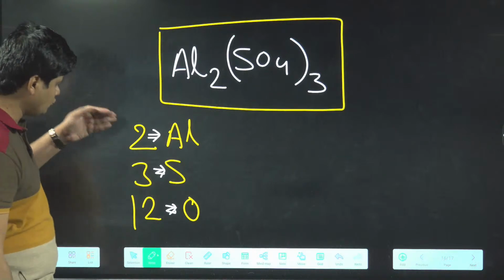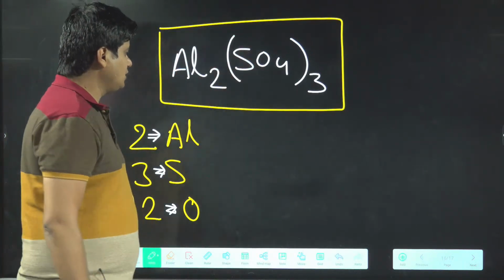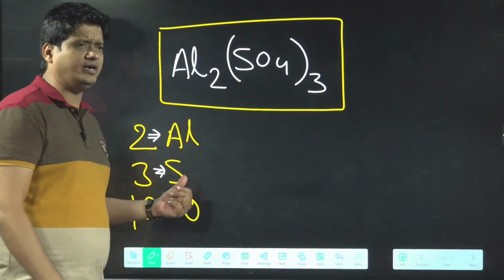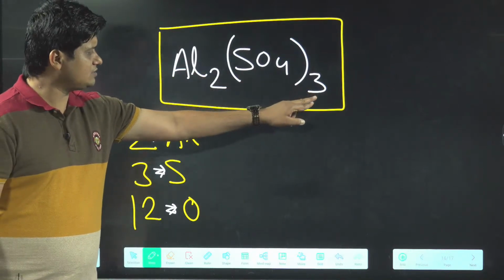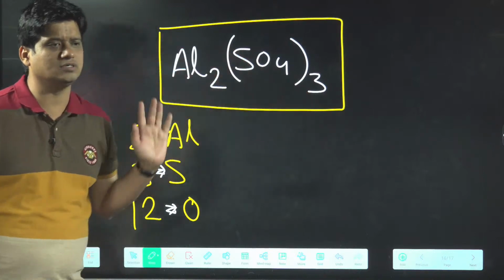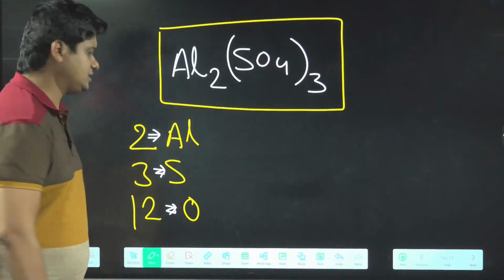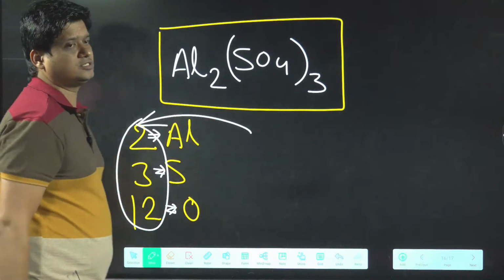You got the point? How did this 2, 3, 12 come? 2 aluminium; multiply the 3 outside with what is inside: 3 sulfur, and 3 into 4, 12 oxygen. This number 2, 3, 12 can be directly used